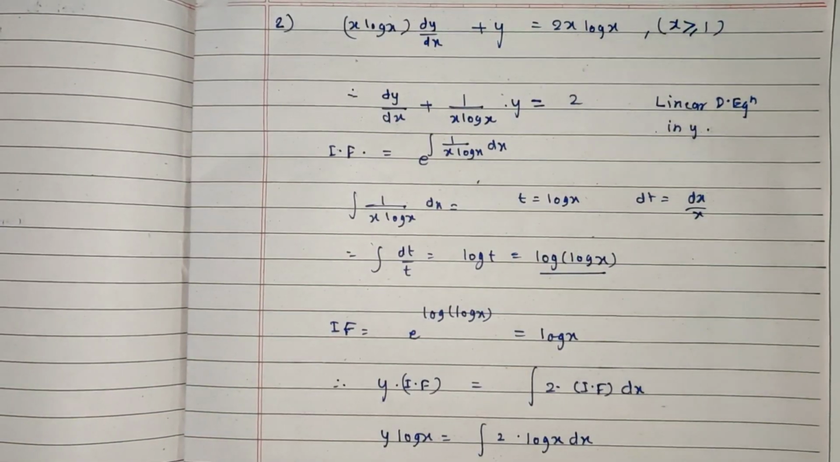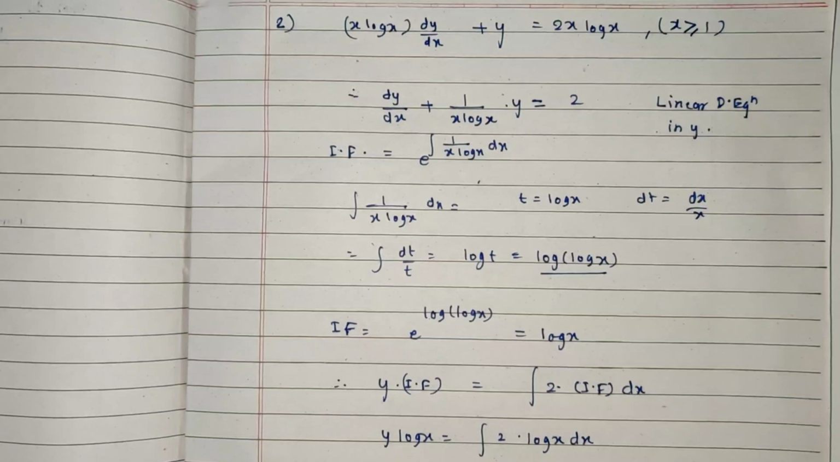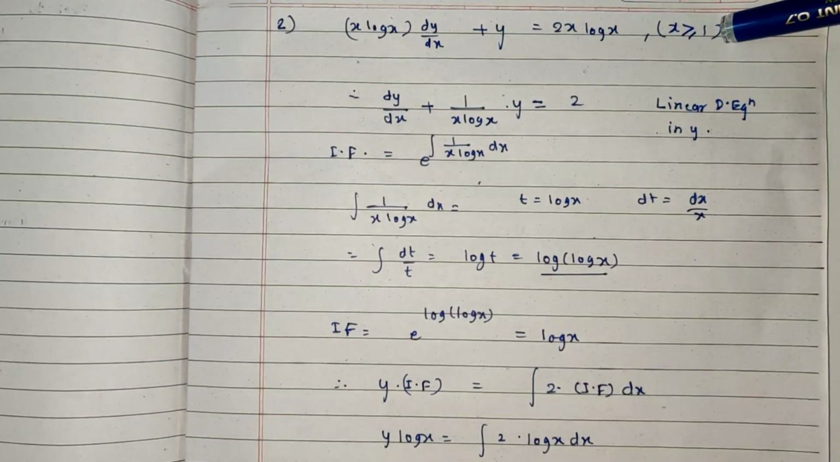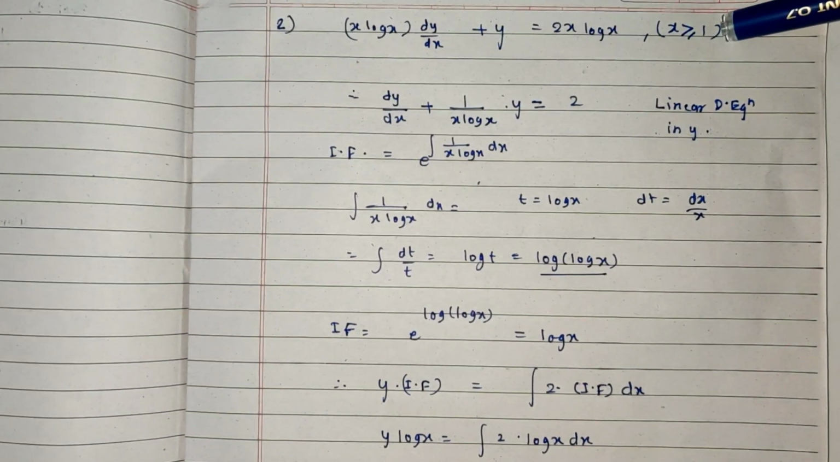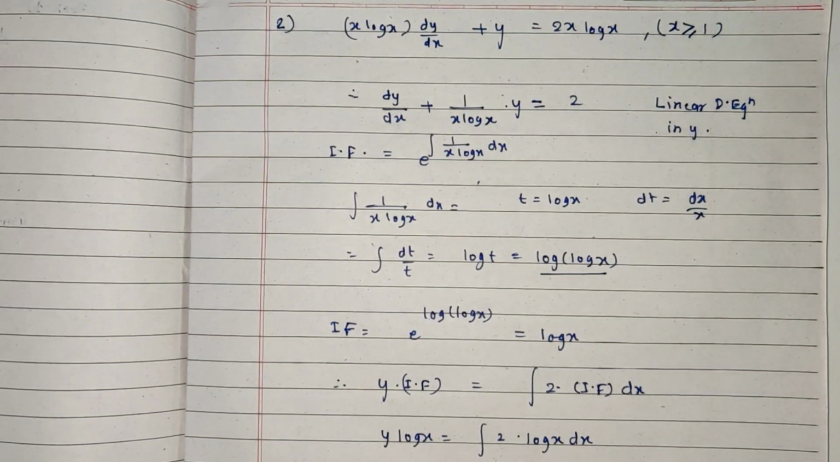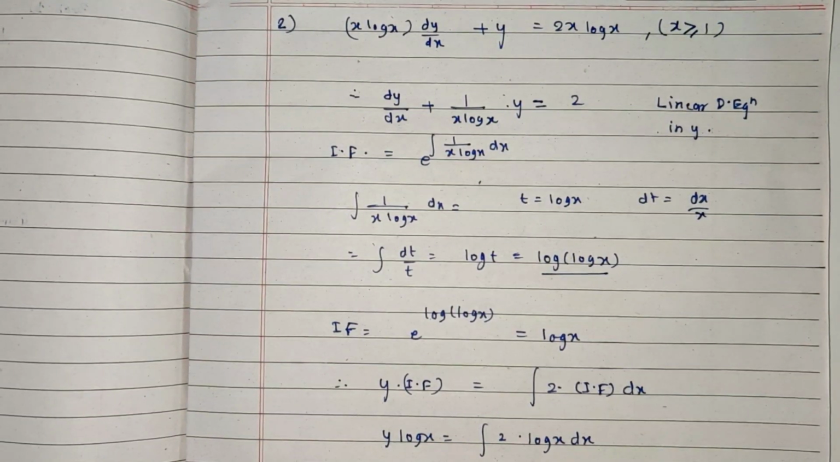सेकेंड क्वेश्चन भी, ये क्वेश्चन भी लीनियर डिफरेंशियल इक्वेशन का है। x log x dy by dx plus y is equal to 2x log x and x is greater than or equals to 1। ये कंडीशन दिया है x is greater than or equals to 1 and we are asked to find y of e, that is when x is equal to e, y is equal to what,